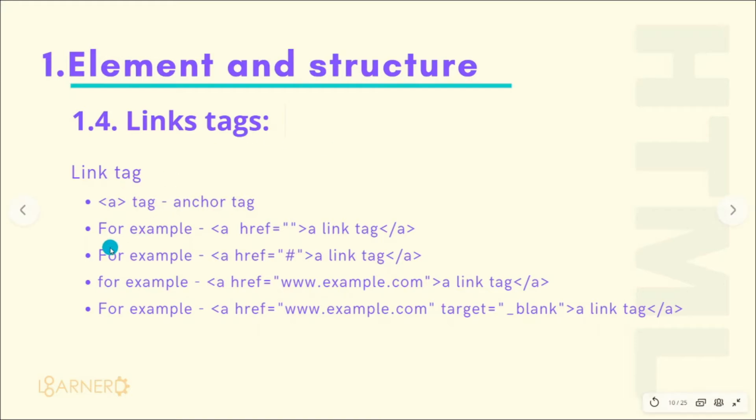As you can see in my example, I have added a number of examples down here. The first one we will take as an example is an anchor tag, which is represented by the a tag. It is having an href attribute. In future videos we will go through HTML attributes, why they are used, how they are beneficial, and how to use them. Basically, the magic behind the anchor tag lies in the href attribute.